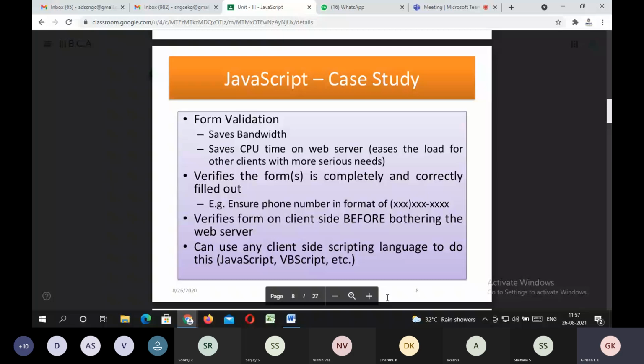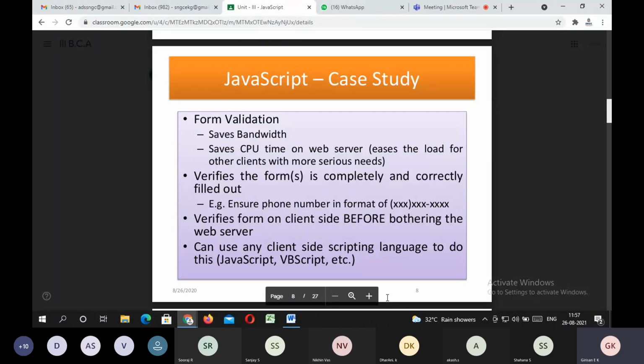Now, there are other scripting languages like HTML, VB script, and JavaScript. But JavaScript is object oriented and more user friendly than the other scripting languages. HTML is mainly used for designing web pages.